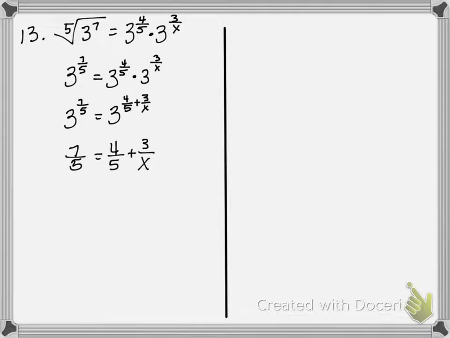And I do see that 3 plus 4 is indeed 7. In order for me to be able to add fractions like that, their denominators have to be the same. So I have a denominator of 5 and 5, so x must also be 5 in order for that to work. Now, if you don't like to do it that way, I'm going to show you the other way on number 14, which is going to work just as well. In that case, you would subtract one of the fractions over. So on 14,